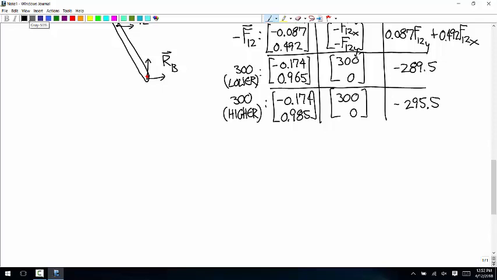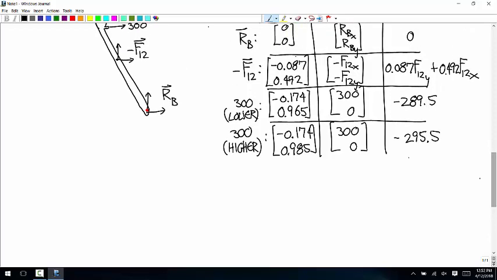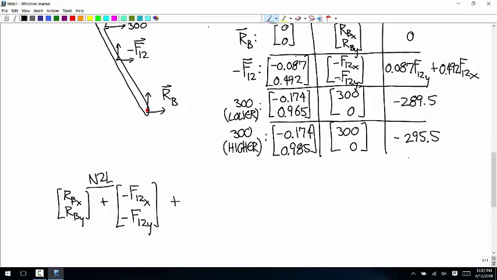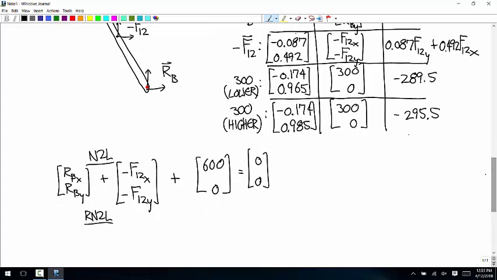Okay, so Newton's second law says RBX, RBY plus negative F12X, negative F12Y plus, I'm going to add those two together, 600, 0 is equal to zeros. And then the moment equation says